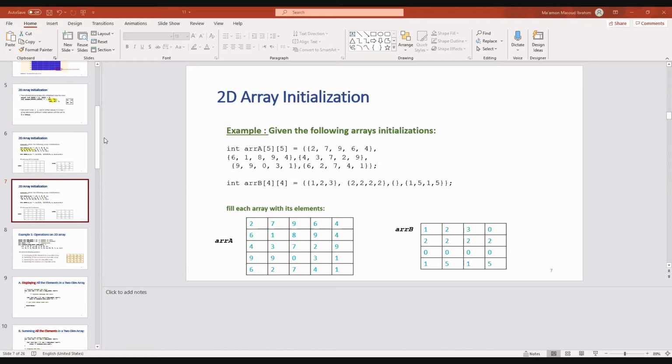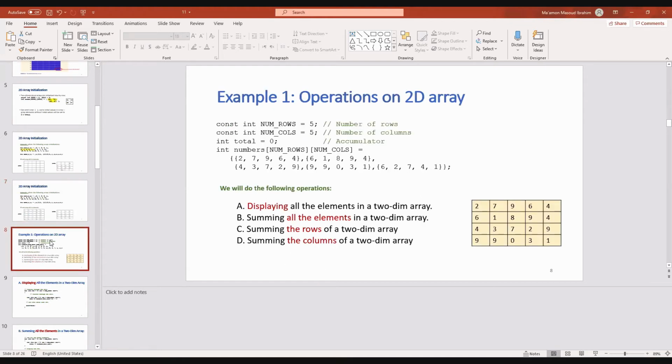Now I will go to slide number 8, and we will declare a 2-dimension array. Now I am in slide number 8, and we will declare a 2-dimension array, and